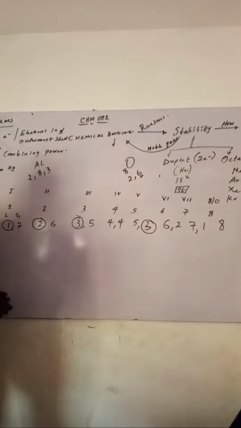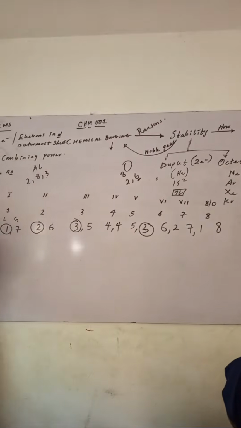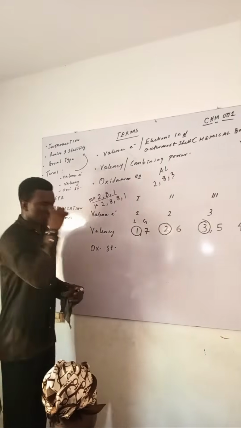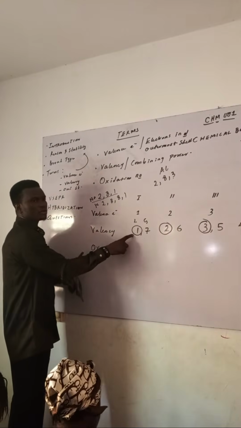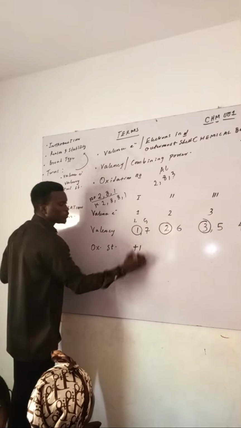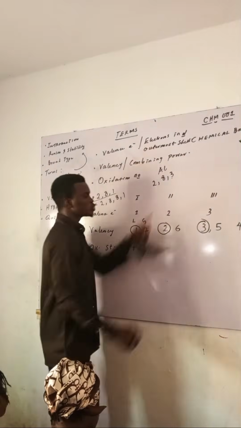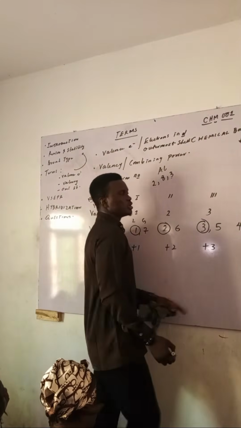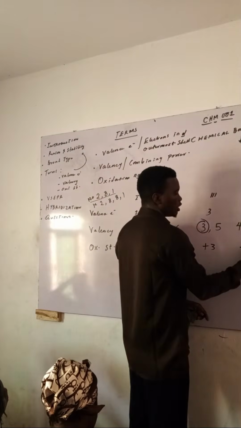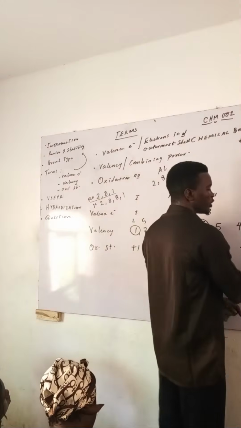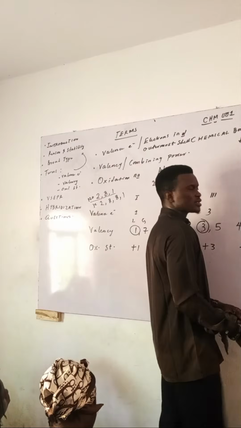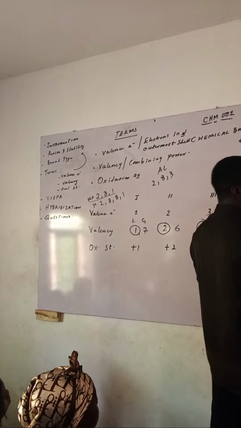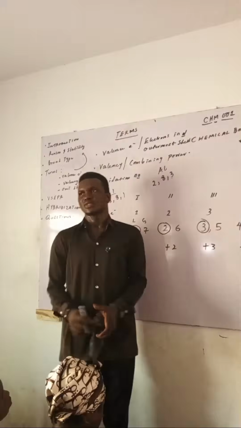So let's go back. Now, oxidation state quickly. If you indicate the electron you have lost, you know we said something. This one will either lose 1, right, so they will usually form plus 1. This one will usually form what? Plus 2, right? This one will usually form plus 3. This one can either form plus 4 or minus 4. This one usually forms minus 3. Do you get that? This one will usually form minus 2. This one usually forms minus 1. And this one will not form anything. I hope you are following.